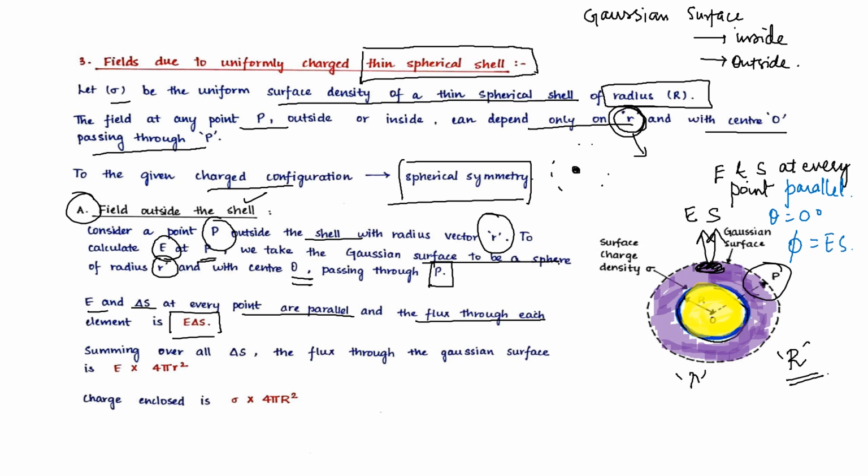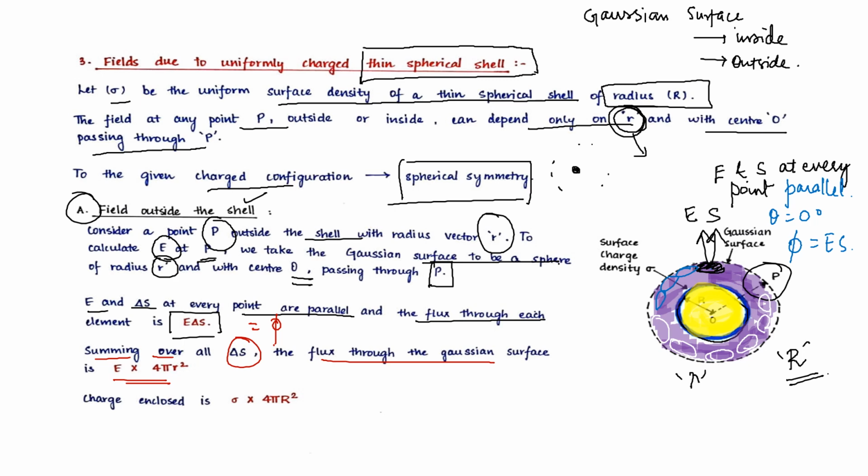And why have we taken del here? Because we are taking such small angles like this. Such small angles like this. So these are the angles we need to take. That's why we have taken E del S as the flux. Now, summing over all the del S, the flux through the Gaussian surface will be E into 4 pi r square,